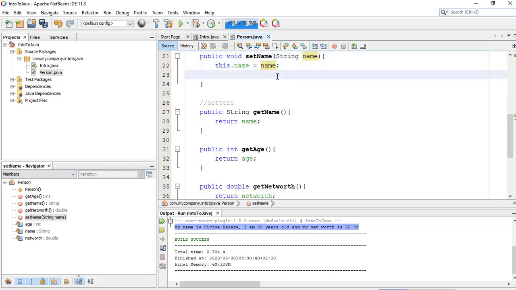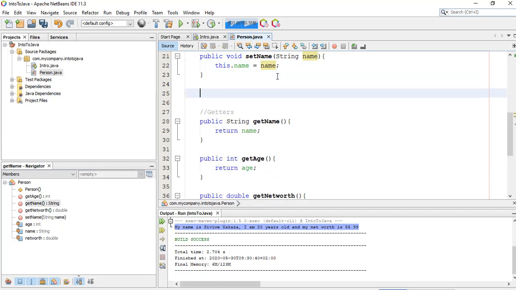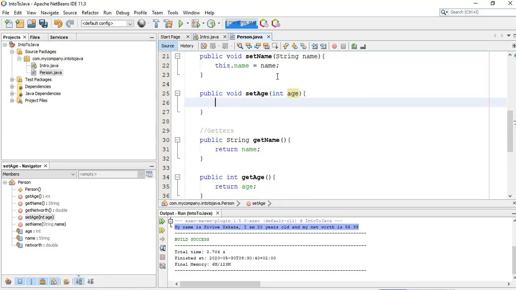Now we've set the name, we also want to set the age as well. Public void set age, and we're gonna pass in an argument of an integer because our age is an int, and whatever we pass here has to be an int as well. So we're gonna say again this dot age equals age,